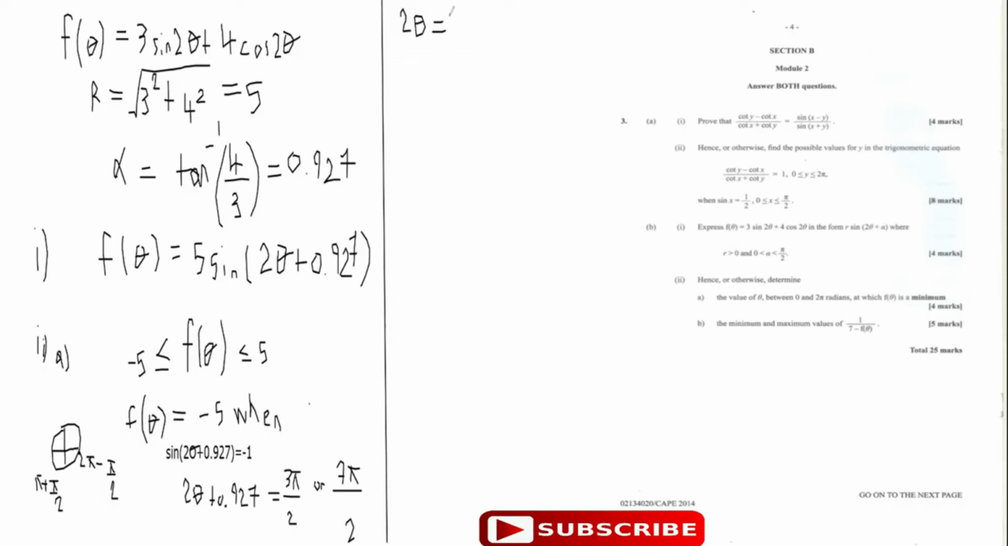So this one is working out to be 3.78. Then you divide through by 2 and you get theta is equal to 1.89. That's one possibility, 1.89. And this is in radians. Or the next answer would be 2 theta is equal to,